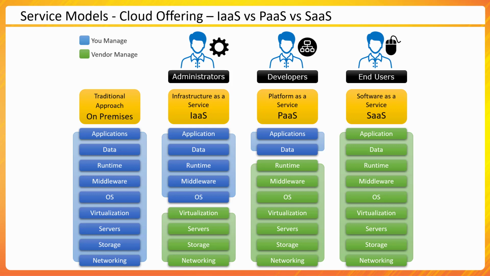At the end, it would depend on what you want to manage and what you want to be managed by your service provider. Based on that, based on your requirement of application, you could go to any of these models. Now, over a period of time, the line between these models is becoming more and more blurred every day. You may find some product which can give you infrastructure also, platform also, and they have a version of software as a service too. So the line can become blurred, but keep this idea at back of your mind.